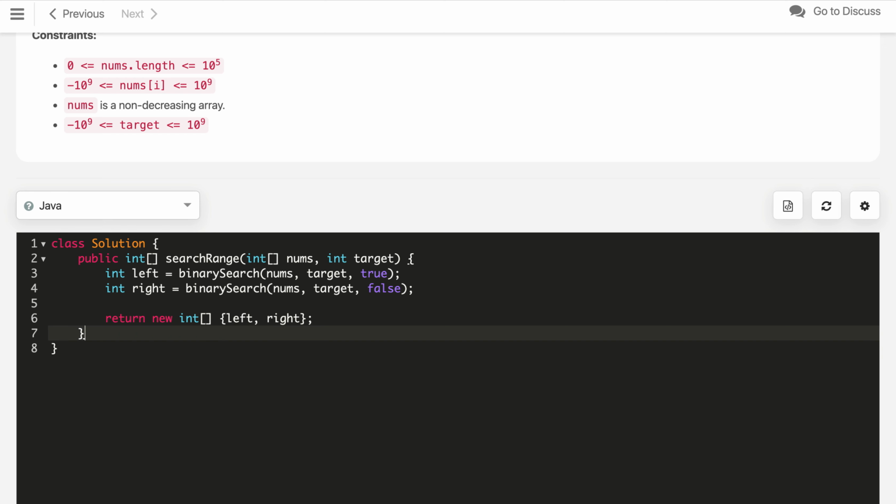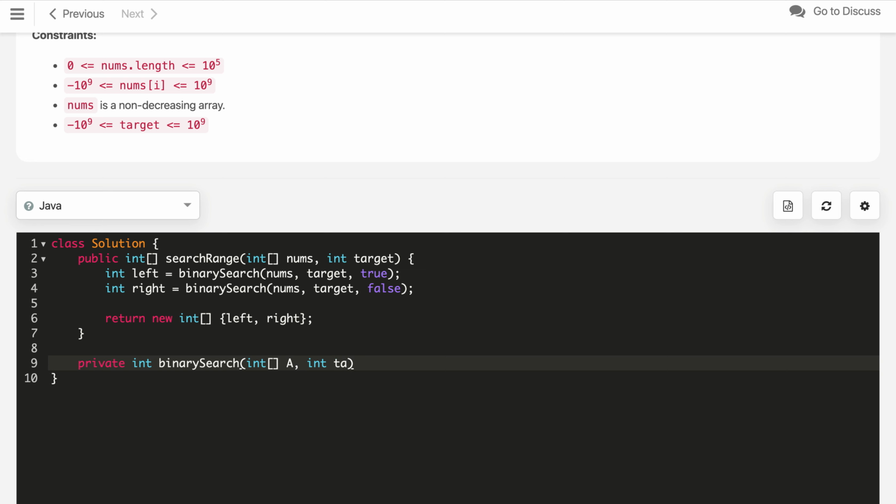Now, let us write the definition of this helper method. It will return an integer. It gets an array, let us say a, a target, and a boolean left bias.